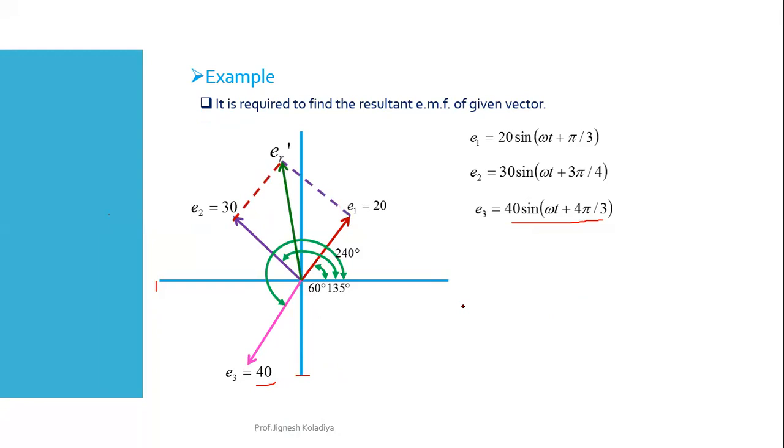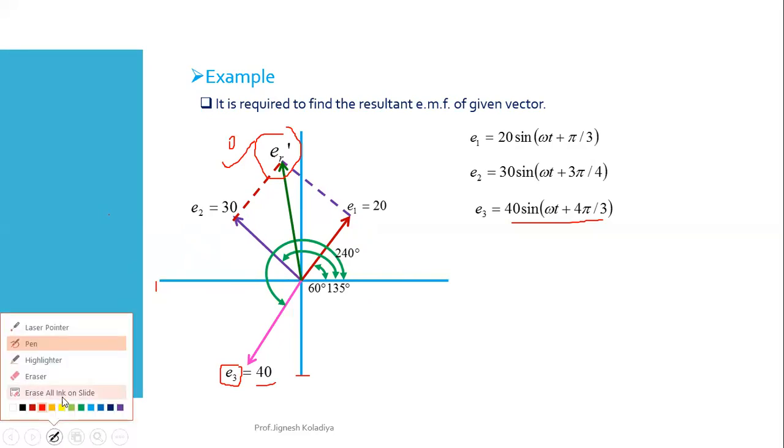Remember, addition of these two will give me one resultant. Now, whatever resultant you obtain, that is added with E3. Okay, so do not do it like this, that E1 and E2 are added and you have ER dash, then again E2 and E3 will be added and we get one more, and then it has to be added. It is not like that.